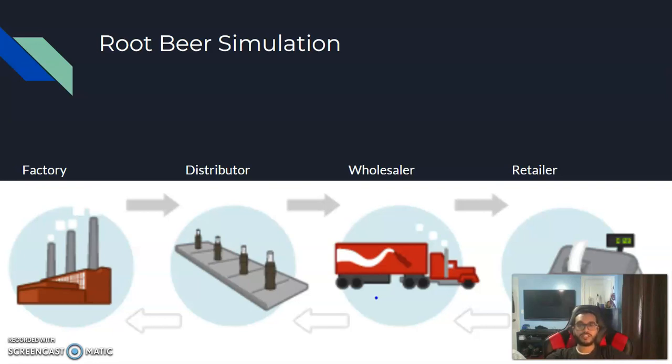According to the game, for each step in the supply chain, it takes about 2 weeks for an order to move for more beer to be received and processed by the next step, and about 2 weeks shipping time for the product to be delivered back, a total of 4 weeks from order to delivery. It is also mentioned that it is highly unusual for managers at one supply chain sector to talk to other managers in another supply chain sector, and in fact it is actively discouraged. So we've already established 2 different things that can cause the bullwhip effect before the game has even started. Those time lags for shipments, as well as the lack of communication throughout the supply chain, are some of the biggest factors.